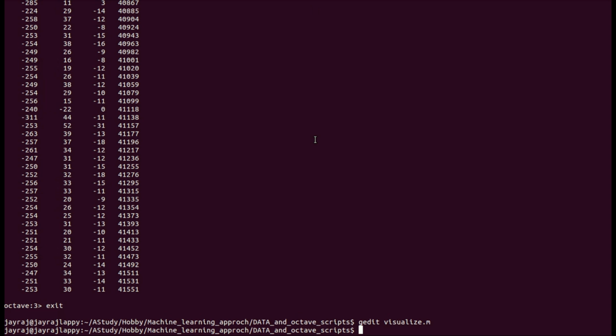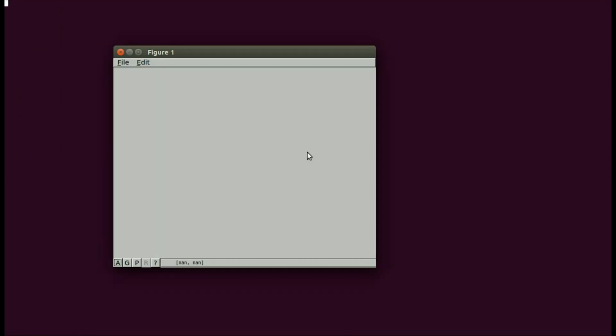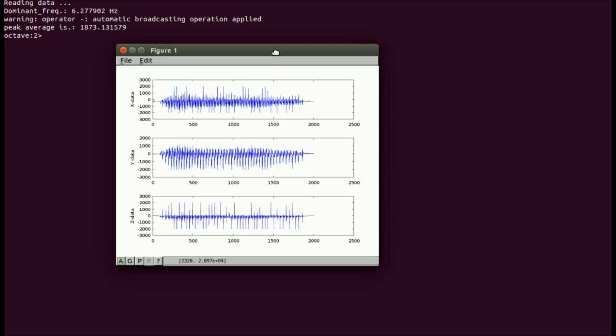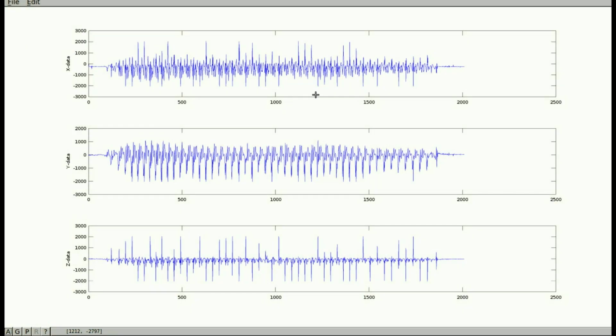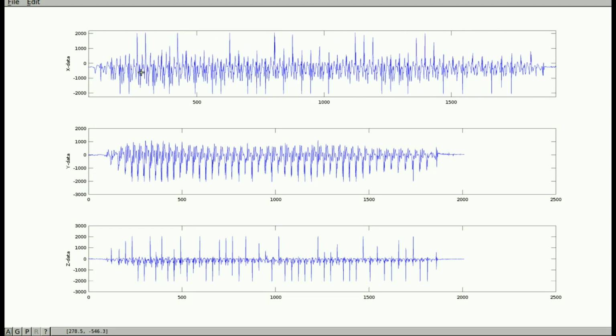So again, I will do Octave, and again visualize script, visualize. So this is our running data, and as you can see, there is some periodicity in this x-axis data.